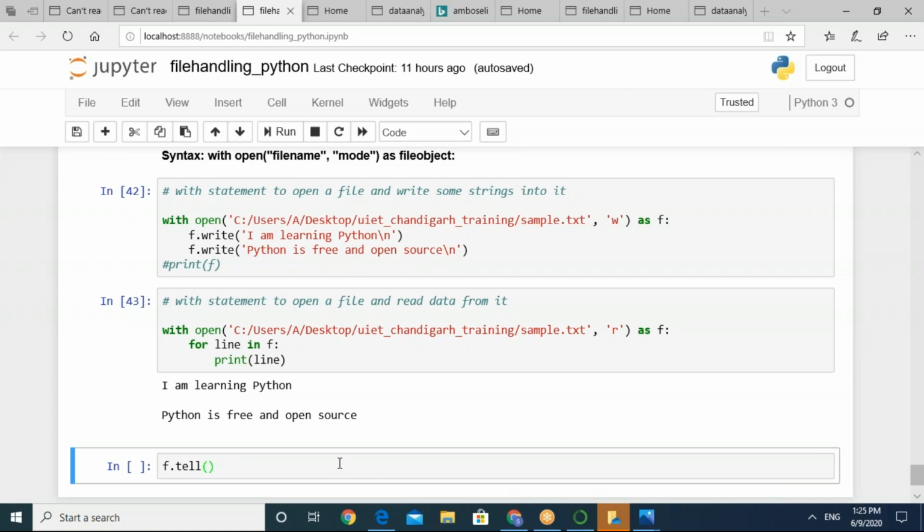Vishakha, f.tell is used to just know the current position, right? At which position or at which byte you currently are. So you can know about this information by using f.tell.